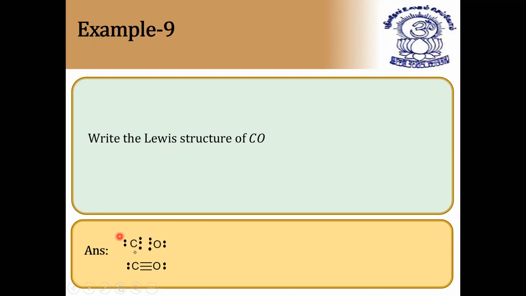So after sharing, this is getting 8 electrons because 6 plus 2 is 8. After sharing, this is also getting 8 electrons. I'll show it here. This is getting only 5 electrons, not 8 electrons. So this is called CO, the structure of CO. I hope it is clear. Next,